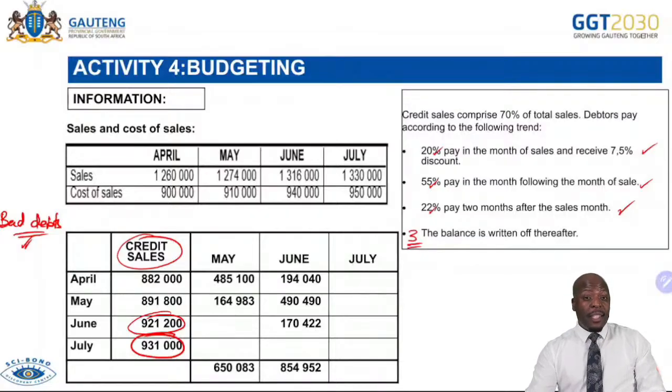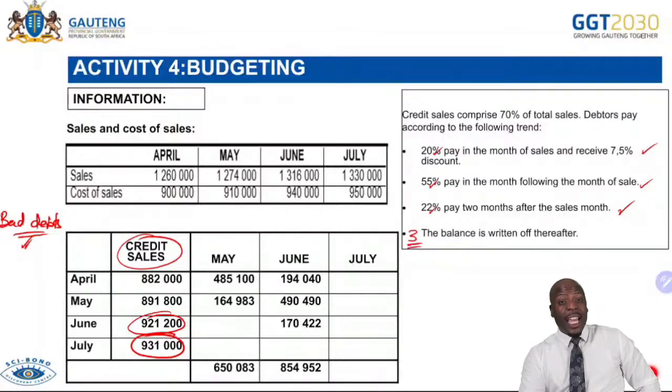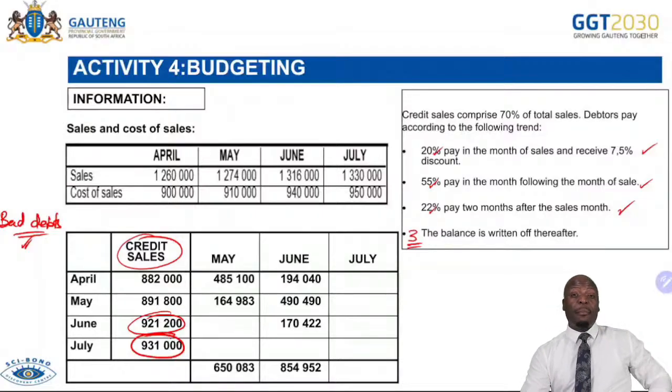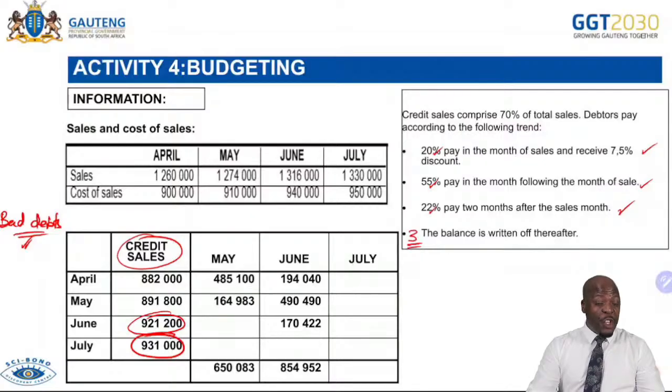In this activity, I'm focusing on the cash budget, but also please prepare some calculations that you would find on your projected income statement. Very, very important. And before I continue, remember the difference between your cash budget and the projected income statement. I've seen questions whereby you are tested on what are the similarities or amounts that can be recorded in both the cash budget and projected income statement. Others would say which items would not be recorded in a cash budget but in a projected income statement. Those are your good mark questions. Please prepare on those questions as well.